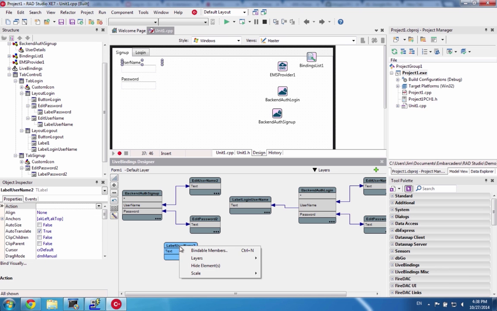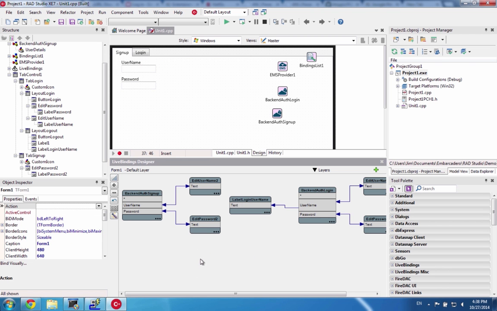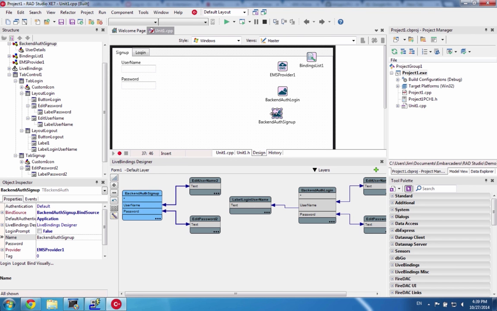I'm hiding the elements that we don't need to see in the live bindings designer to reduce the clutter. In addition to the username and password, I'm going to have another field on this form. What I'd like is to store the email address of any user that signs up. So I'm going to go into the